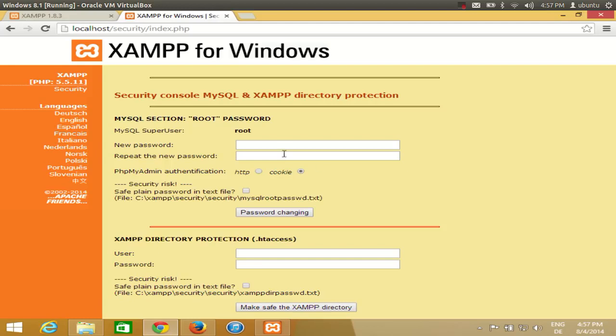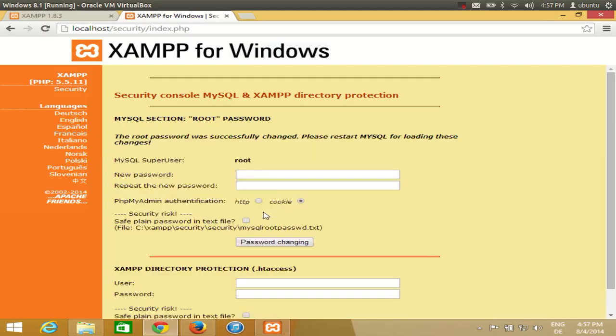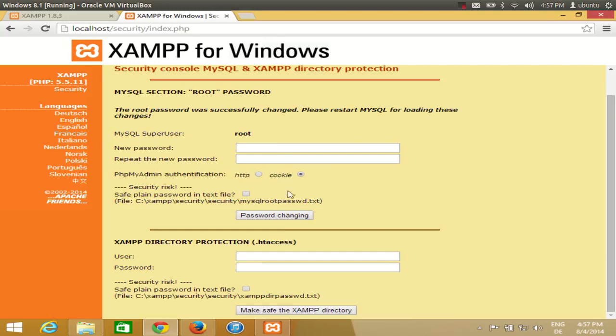Okay, so first of all, you can change the password for your MySQL. So let's change the password, and I will retype my password, and I will say password changing. Okay, so the password was successfully changed. Please restart MySQL. Okay, so I will restart MySQL,